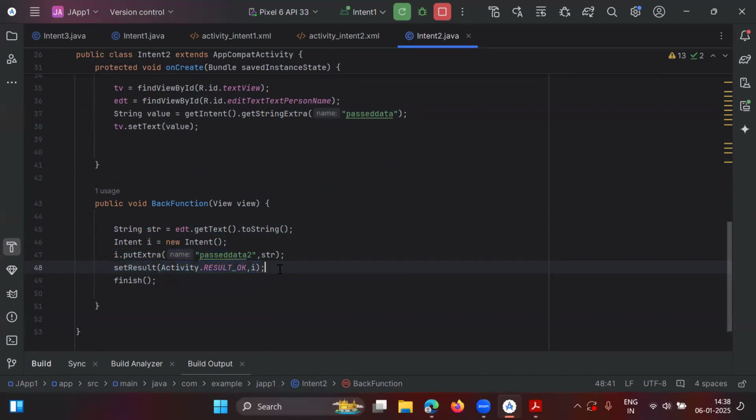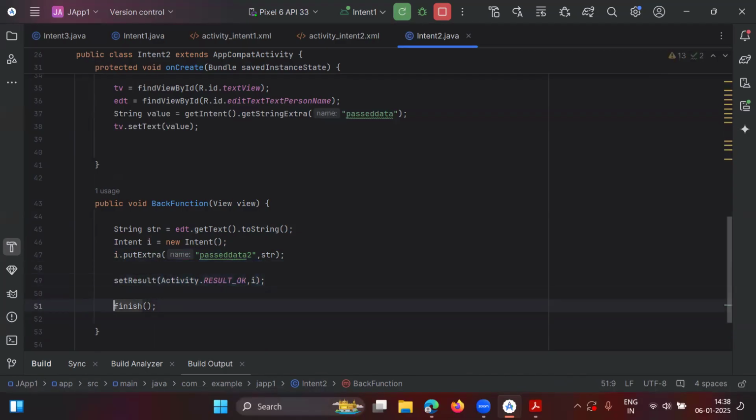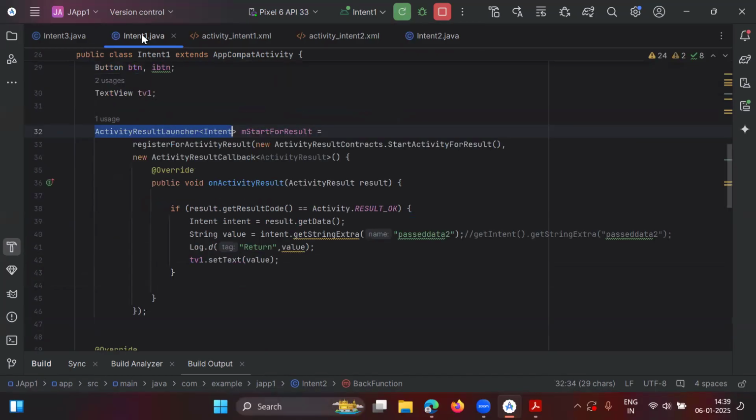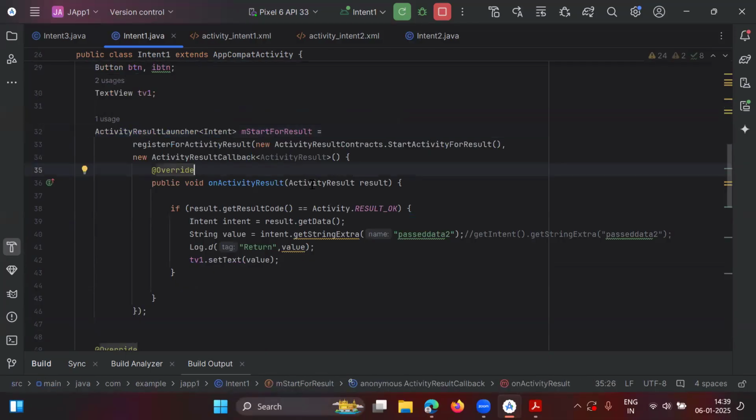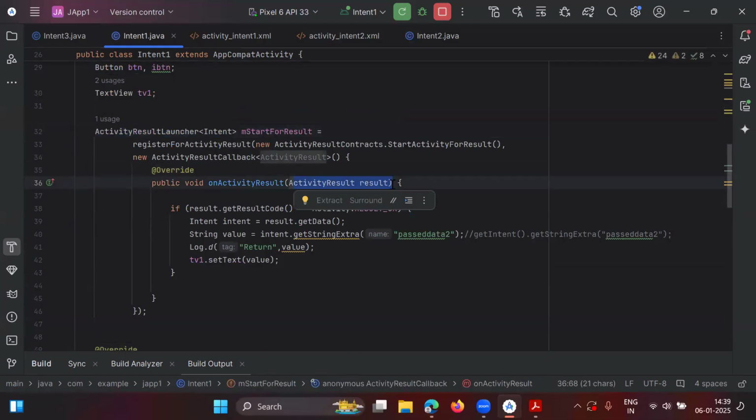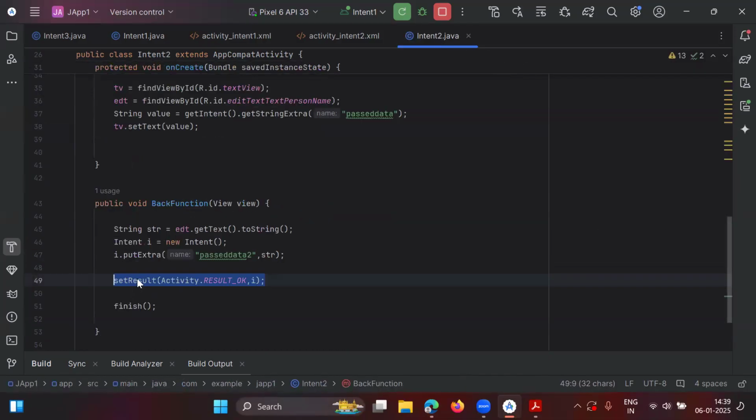Now see, here this particular function which is a set result, तो ये जो आप set result करोगे, ये result का जो भी डेटा है वो आपका डेटा कहाँ पे जाएगा, ये इंटेंट 1 के लिए आपने जो रिजल्ट लॉन्चर ऑब्जेक्ट बनाया है उसके पास जाएगा. यहाँ पे आप जो देख रहे हो आपके पास एक्टिविटी रिजल्ट का ऑब्जेक्ट है. So in intent number 2, here we wrote set result, so in this we are passing two things,